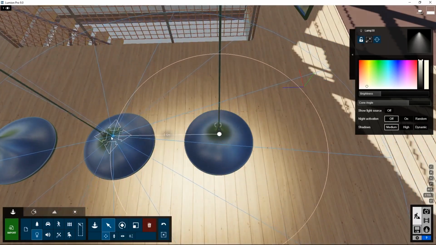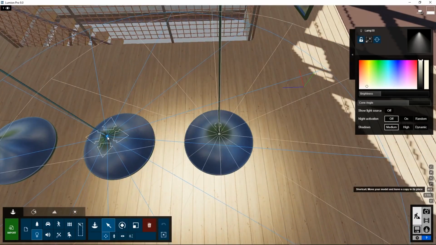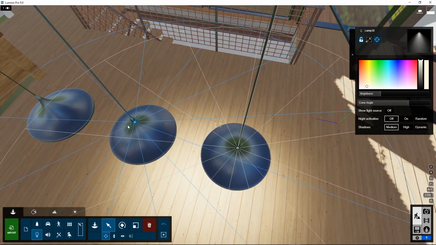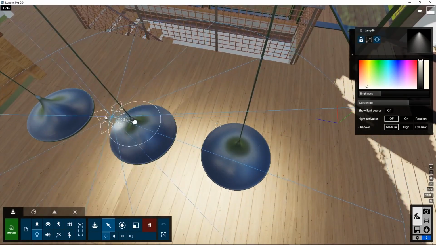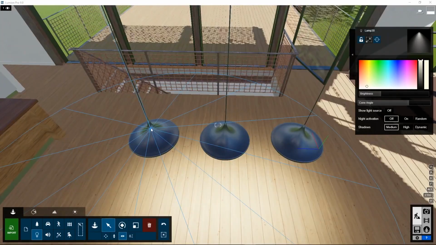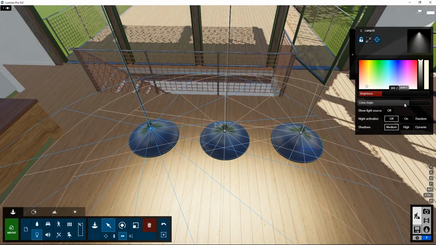We make now a copy and place it at the other light positions. Look around a little bit. Do the same thing for the last one. Shift, Alt, mouse, drag. Move the light to the 3rd position. When you click on the light, a property box appears here where you can set the brightness, cone angle,